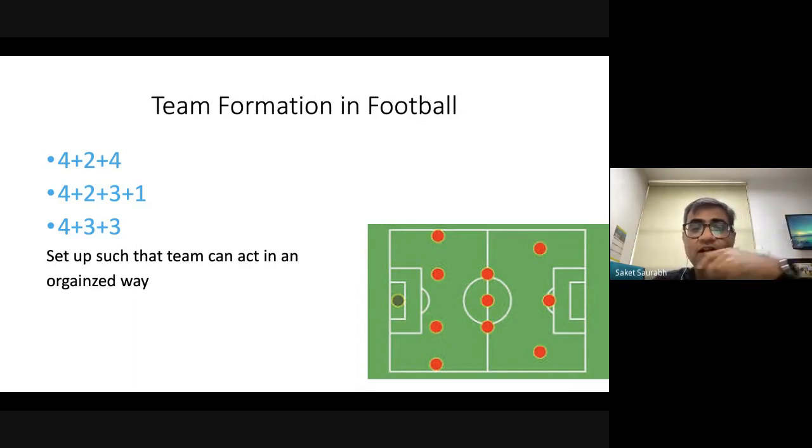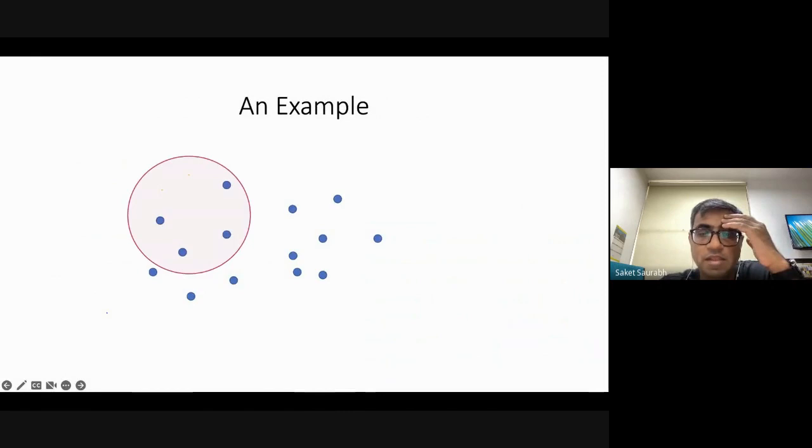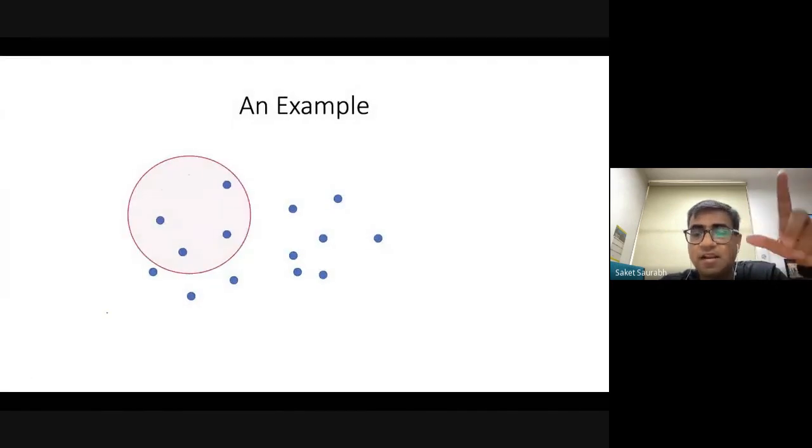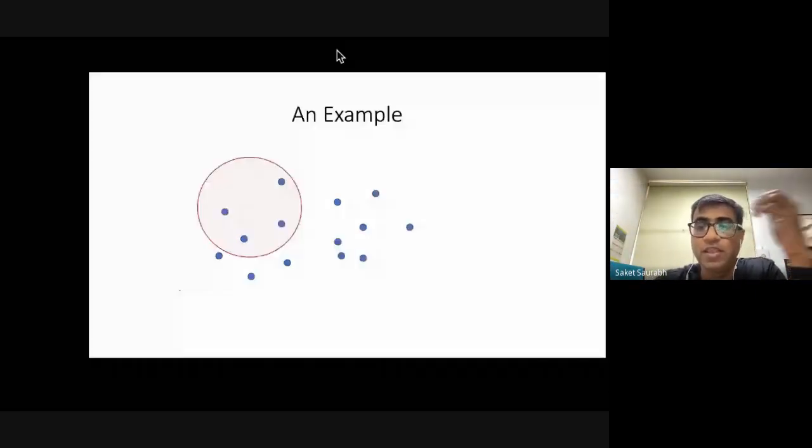So all I want to tell you from this picture is that team formation is omnipresent, and especially now that people are watching football matches all day, this is very natural. Which basically leads to the following. For example, here are some people, and imagine that a circle represents a set of people who could perform a task, or are specialized in it, for example, the set of people who are forwards.